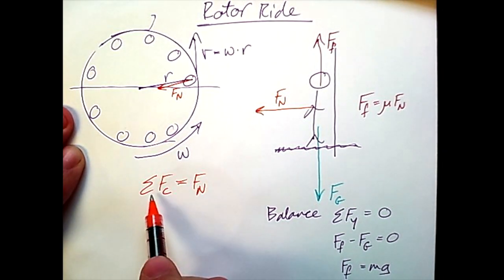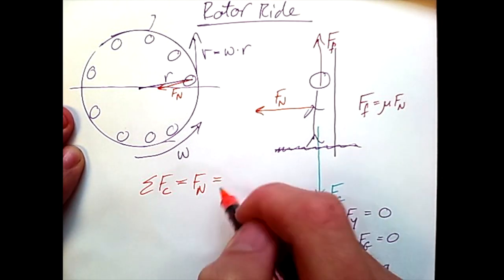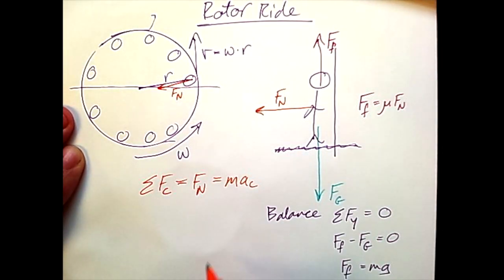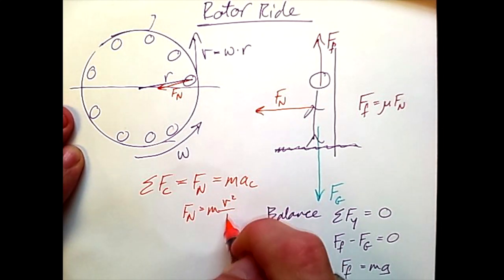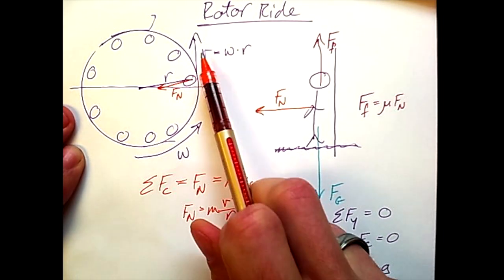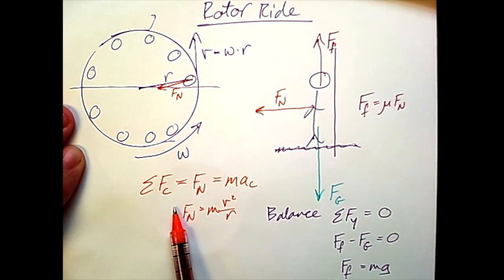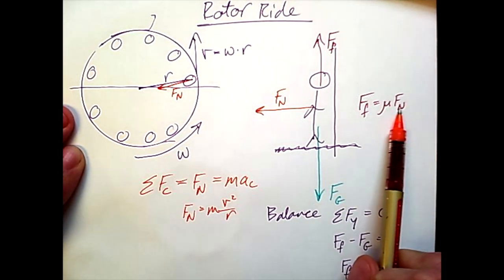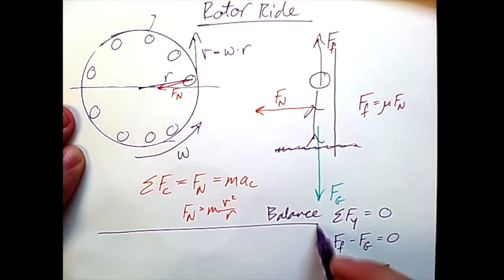Nevertheless, the centripetal force is the normal force, and the normal force can then be calculated as m times a_c. And so we see that F of n is equal to m times v squared over r, where this velocity is this tangential velocity here. And so this allows us to take F of n and substitute into the F of f formula. And based on the fact that F of f must balance mg, we can work backwards to calculate a number of things. So if we finalize this relationship based on our F of f formula, we would say